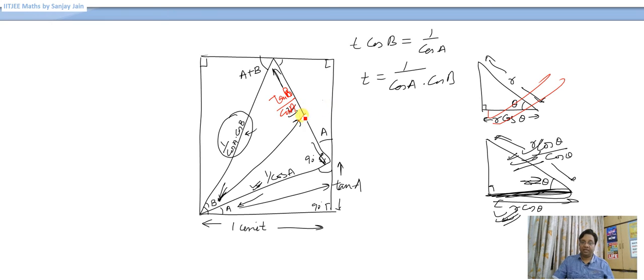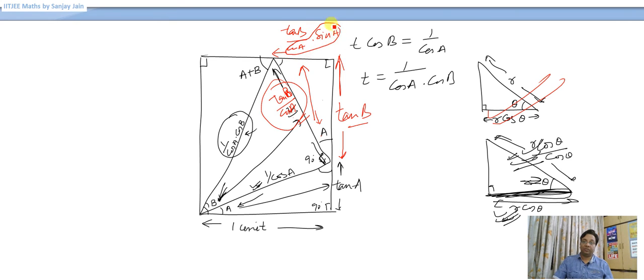So if this hypotenuse, you know, is tan B by cos A and this angle is A, so this multiplied with cos A will give you this length. So this is tan B, right? Tan B by cos A into cos A will be this, which is tan B, and tan B by cos A into sin A will give you this segment. What is this? Sin A by cos A? Tan A, right? So this segment here can be written as tan A tan B.